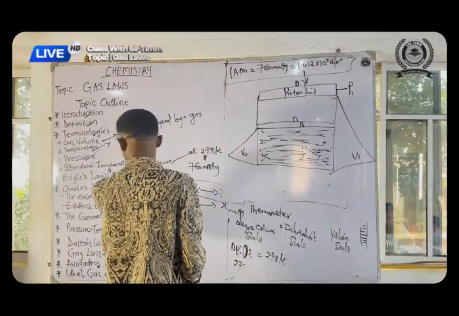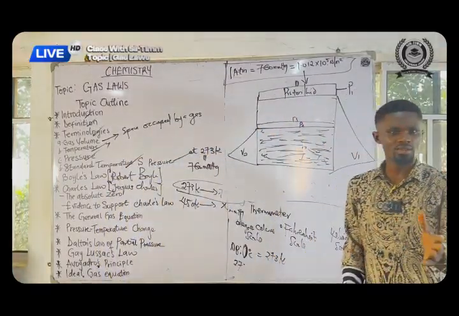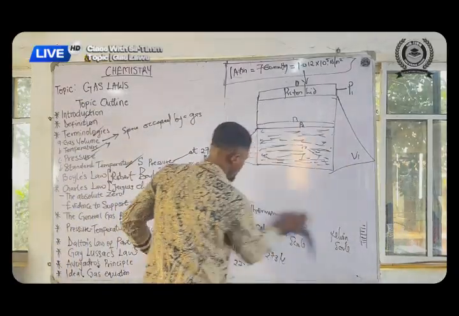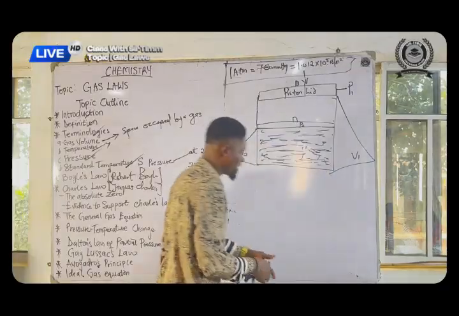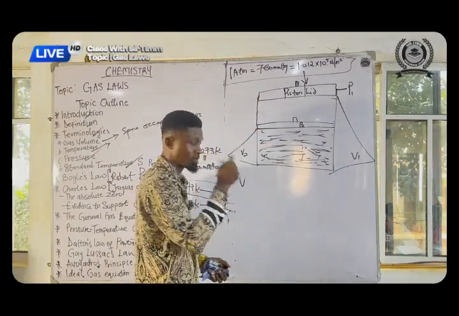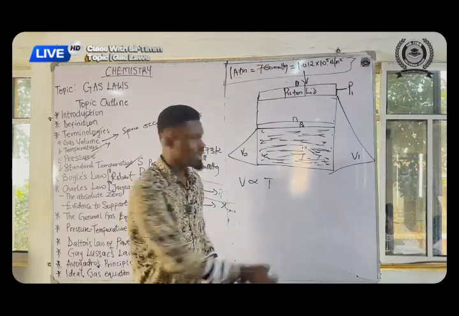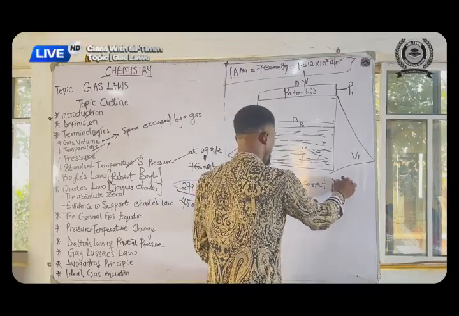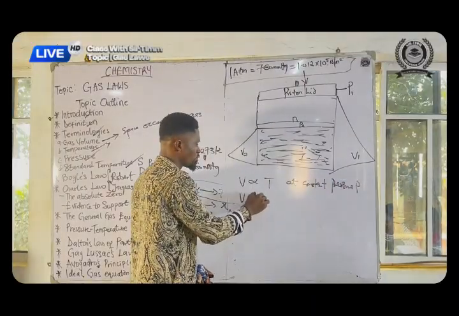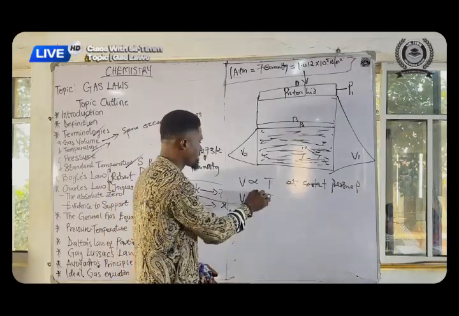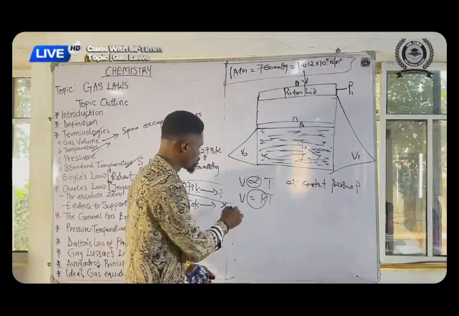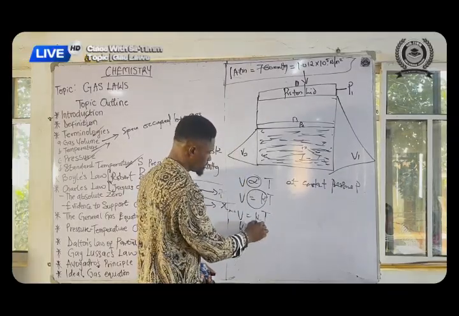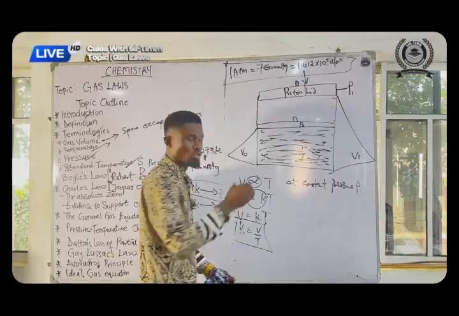So, let's go to Charles' law. Now, Charles' law states, I've said this, isn't it? Mathematically, you have that the volume of a gas is directly proportional to temperature at constant pressure, isn't it? So V is equal to KT, as usual. So your K is equal to V all over T. So this is a relation we are going to be using for solving questions under gases